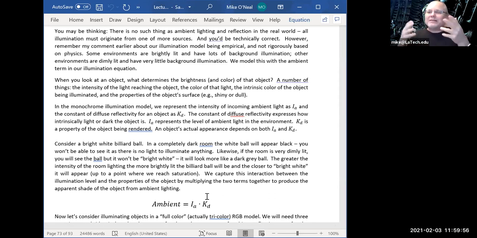Since my white pasty face is reflecting, the light from my face hits the walls, and from the walls it hits the floor and the ceiling, and it comes back and helps illuminate my face. So yes, my face is reflecting light into the environment. So in a teeny tiny way, it's affecting the environmental lighting. But in general, we can think of the ambient lighting in the environment as being independent from my